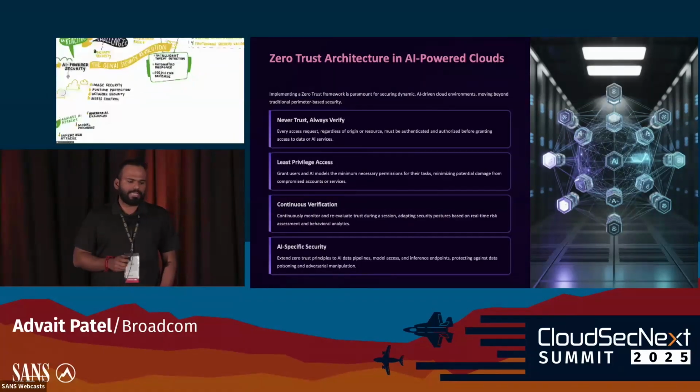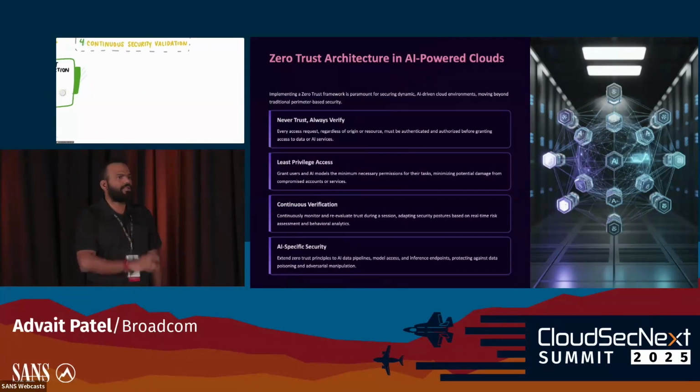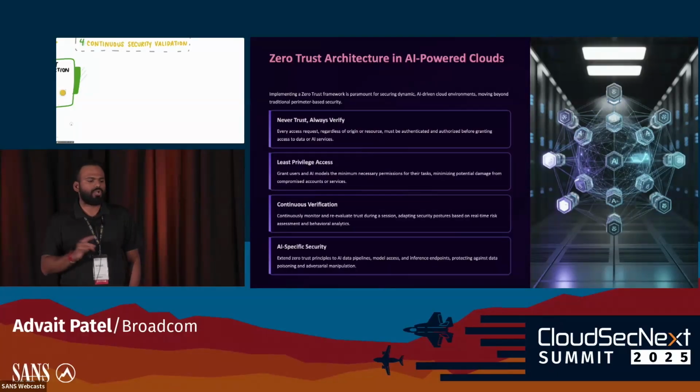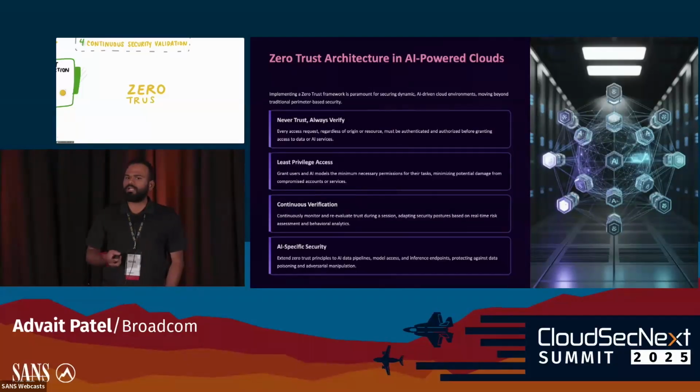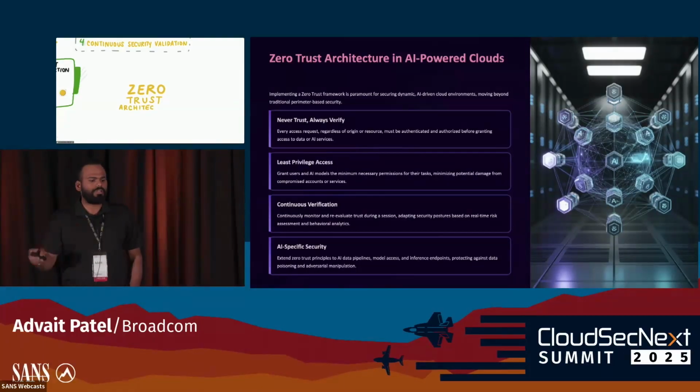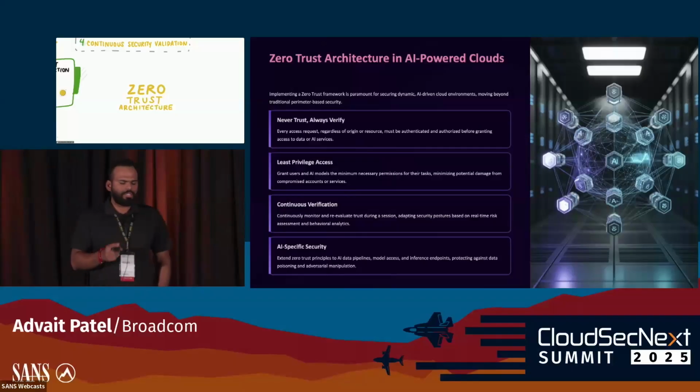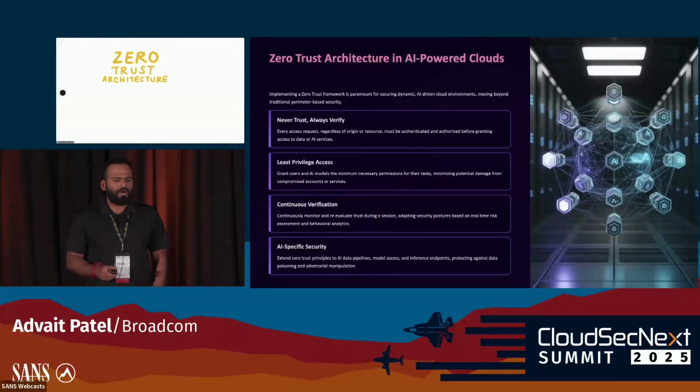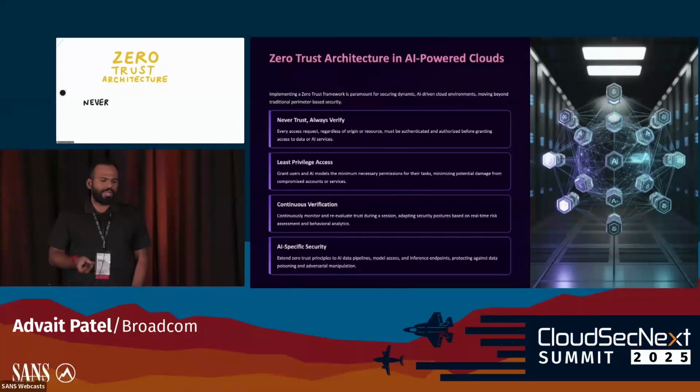The second thing is least privilege access. Start with minimal access. Start with zero access and then go on, rather than providing everything and then reducing from there. Because sometimes we don't think about it, but AI models, AI agents, and even humans tend to ask for more permissions than the lower permissions they start with, right? So start with least privilege access and only provide what's actually necessary, rather than providing everything and then reducing the permissions.